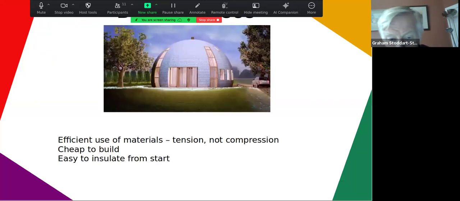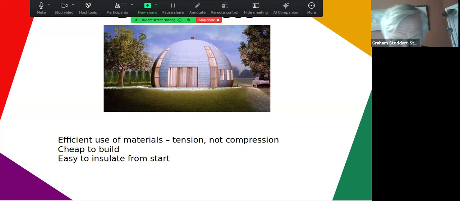So the third way I wanted to suggest to people were dome houses. And I find that people miss the major point of dome houses, which is the use of materials, using minimal amounts of material to achieve the same effect as you get with much more. And the way this was put to me was the dome houses were originally, the first one was designed by an American called Buckminster Fuller. And he said,